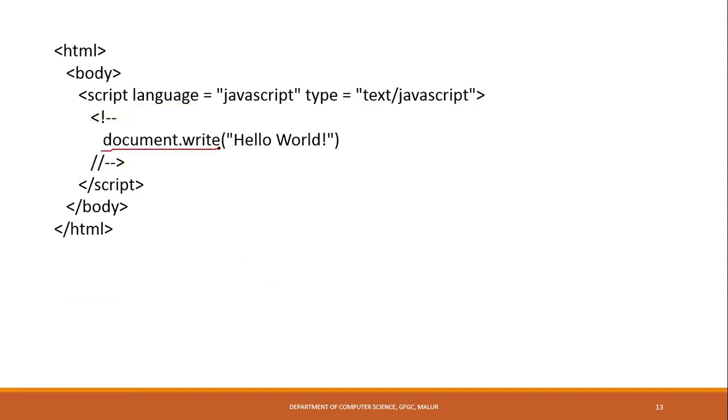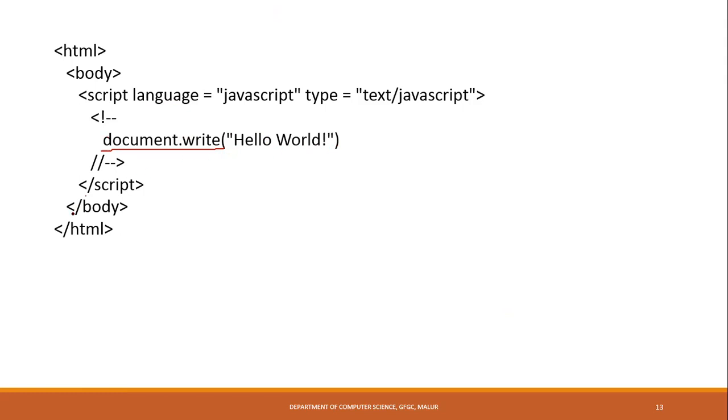And what I have given here is like a print statement. Like in a C program we say printf, if it's a Java program we say System.out.println, and if it's shell programming we would have said echo. Here, the print statement is document.write, and inside give the content you want to print. I have given hello world. This is the statement I wanted to print.